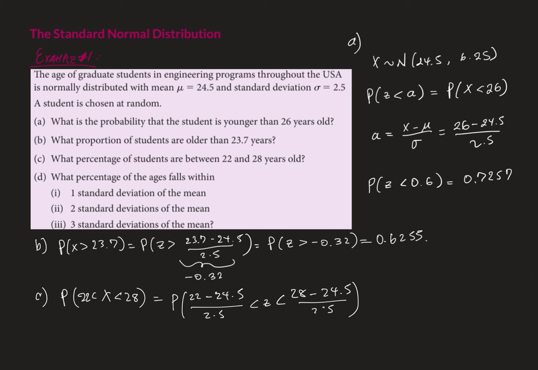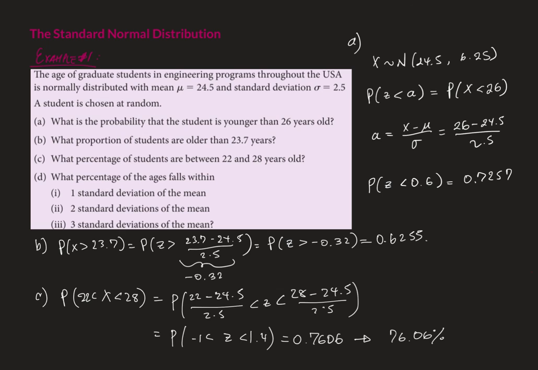So if we find the Z scores for this probability, we are going to find that Z has to be more than minus 1 and less than 1.4. Now, the calculation of this probability is equal to 0.7606, which means the percentage of students between 22 and 28 years old is